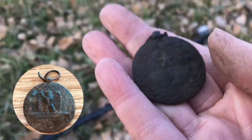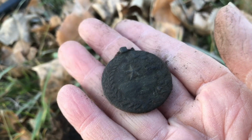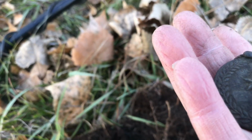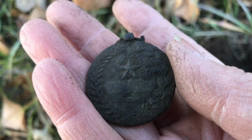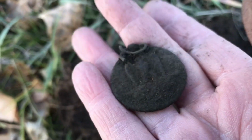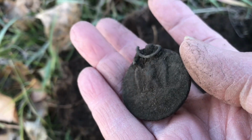Oh, this is amazing. I thought it was going to be a sports medal, but I think this might be a war one. So I'm going to clean it up better when I get home, see what it's about. But that is awesome. I'm happy to have it. I'm going to keep on going for a little while here, and I'll be back if I find anything else